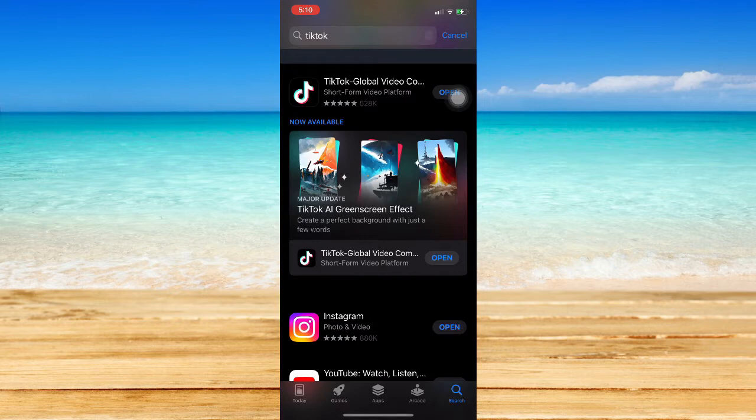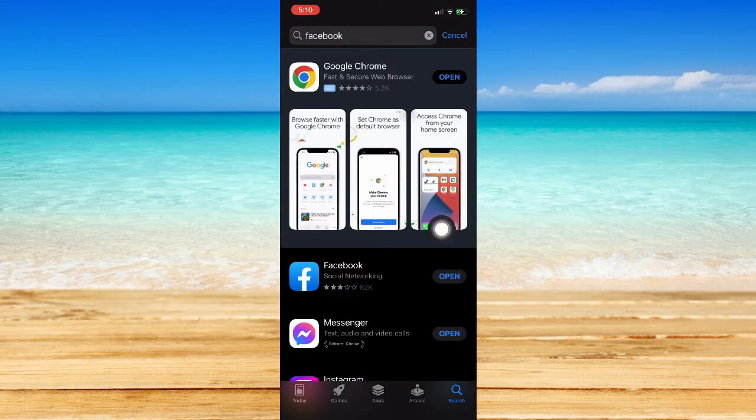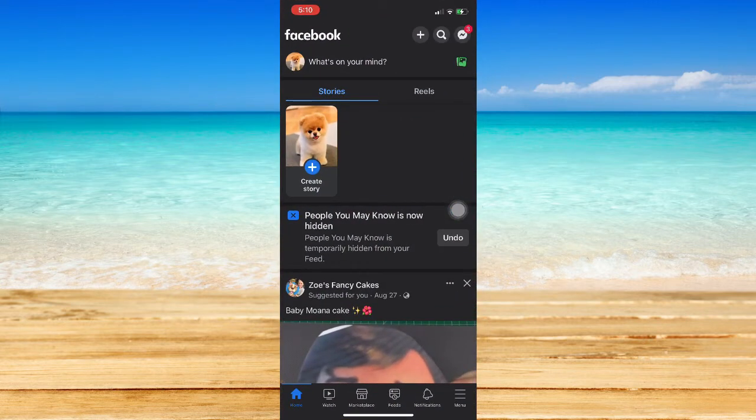To do that, you just simply go to your App Store or your Google Play Store, search for Facebook, and then make sure to click on that update button whenever it is available. So assuming now that you have updated your Facebook app, you may now open it and then you just simply